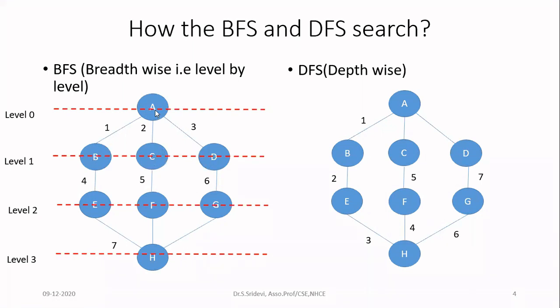So first A will be printed in my output, then I will print B, C, and D, but in any order. These 3 can be printed in any order. It depends upon how you are searching them. After I print the direct neighbors of A, then I can go and print the neighbors of these neighbors. Not the neighbors of A, but the neighbors of the neighbors of A. That is nothing but the nodes which are reachable by using 2 links.